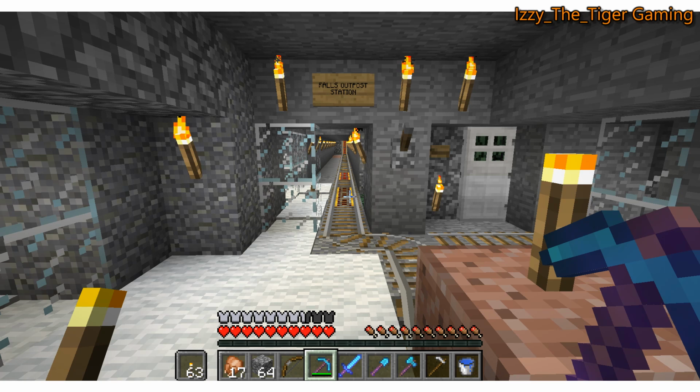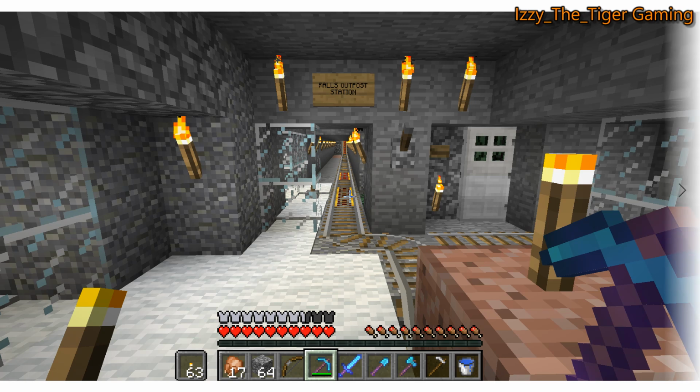And here's the Falls Outpost Station. It's the first outpost. Up this track is my main terminal in my compound. You can see the leaves from the stable through there. So this is the first outpost in this series of outposts,